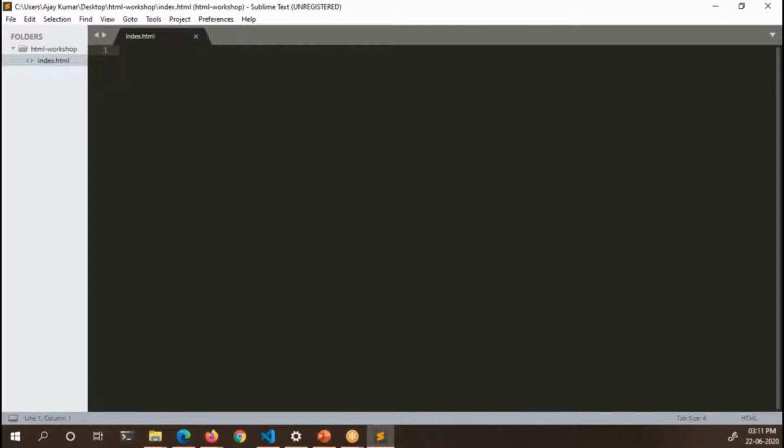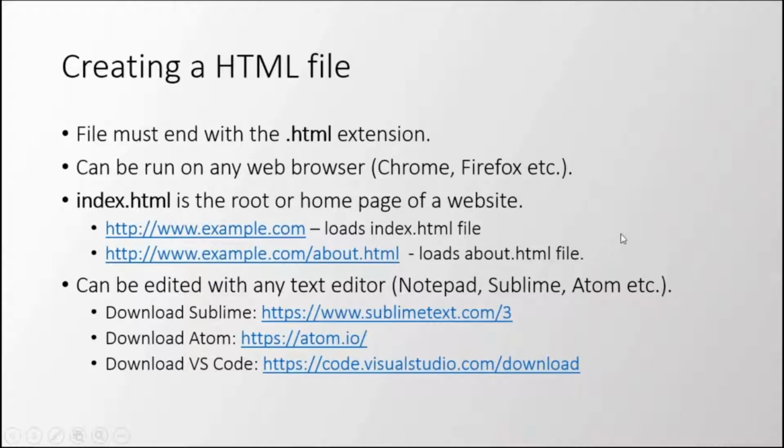HTML files. So the only thing that you guys need to remember is that you always change the extension to .html. Most of the people who start working with HTML will face a problem here only. They forget to look at the extension. Even if the file name says index.html.txt, it is still a text file. Okay. Let's continue. So you can use any editor to create an HTML file.